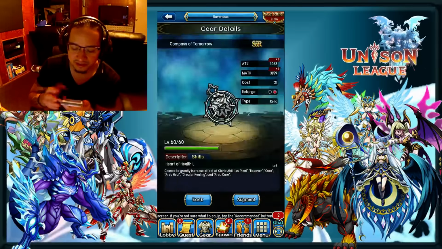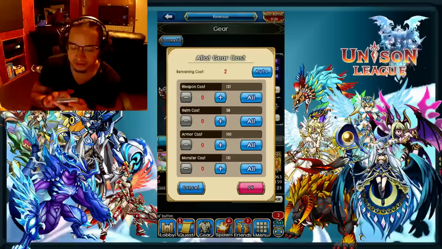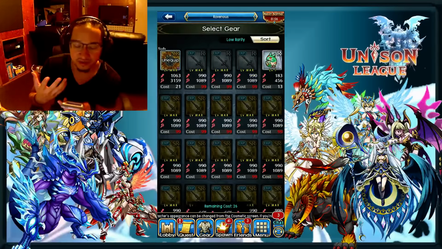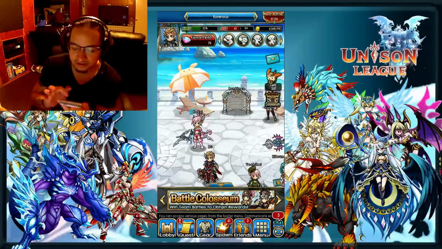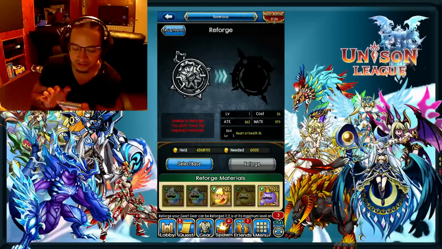this. So like, let's say I need 2 points into here, right? And I have 2 gear remaining cost. So I'm just gonna allot the points into weapon plus 2, and then let's go ahead and okay that. Yes, that's fine, because if I didn't do that, then I wouldn't have the 26 cost to upgrade the UR. And then we can upgrade this as well. So again, my gear score is starting at 93,160, and we're going to reforge this into a let's see,